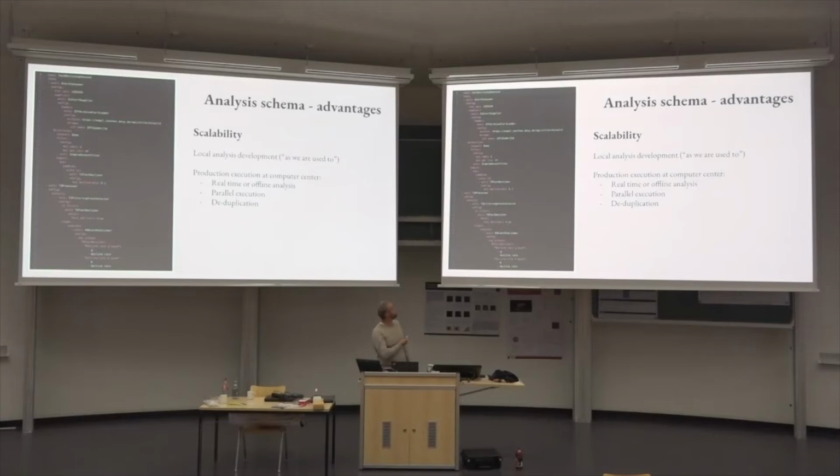So the why do it? So the first kind of obvious reason is scalability. So now I ran the analysis on one single light curve on my laptop. That of course works. But if I want to carry out this analysis on the full ZTF alert flow, that's not something I can do here. But the advantage of an analysis schema is that I can be sure that it works the same way everywhere, meaning I can upload that to a computer center live instance that can make use of parallelization and so on. You can actually run this unit on the full ZTF alert stream and then really react to really fast declining